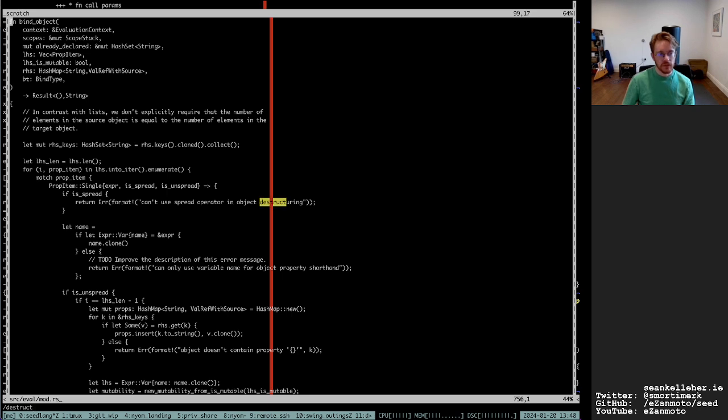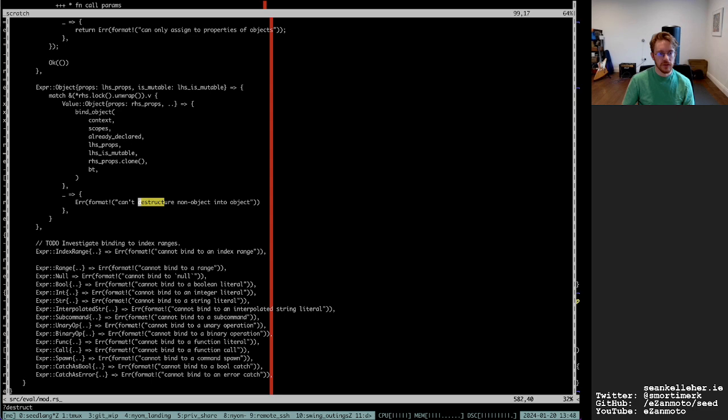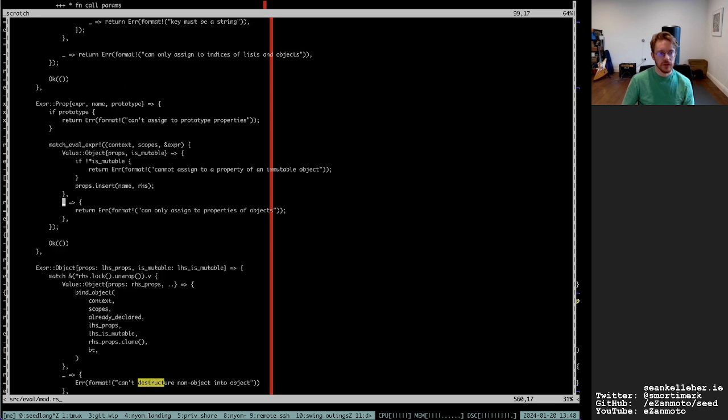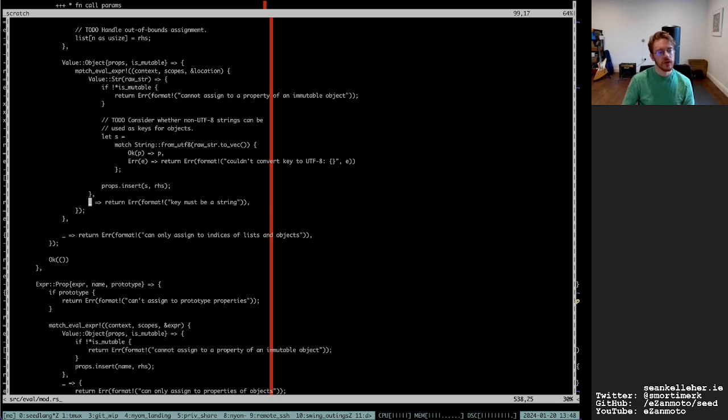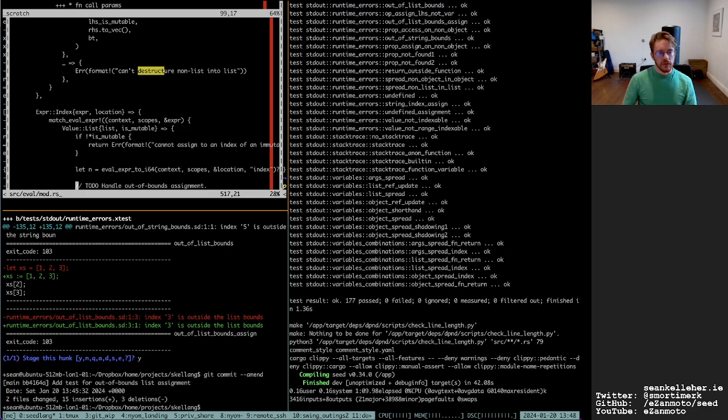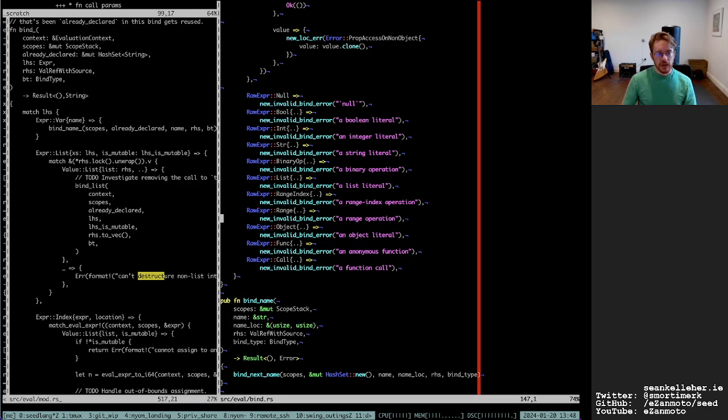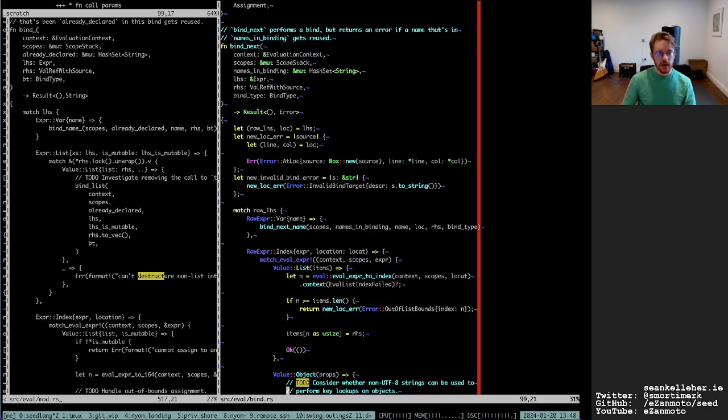So destructuring happens when we're doing a bind object, or rather, if we have a literal on the left hand side.